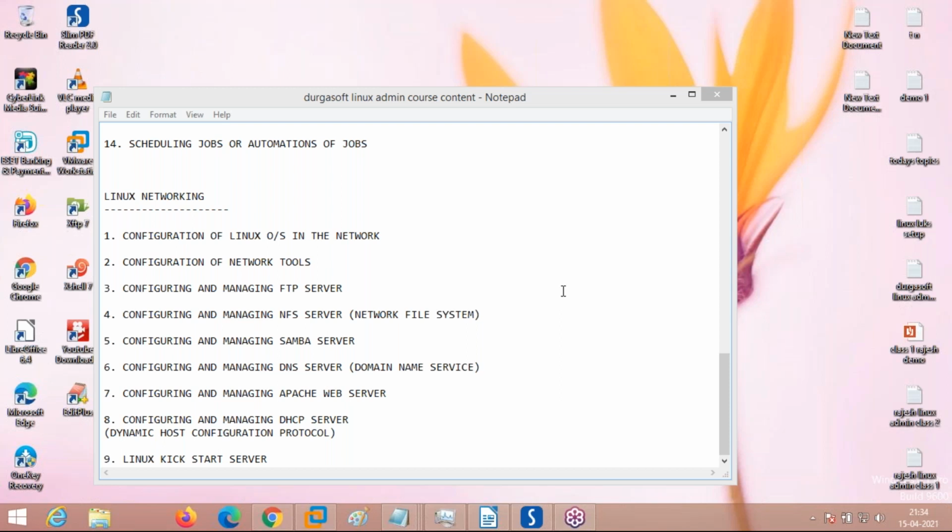Okay, sure. That way you can see, because our timing is really fixed. This is not my time. This is my system time given by the institute people to me to train. So I can't shift it, for your sake, from 7 to 8 or like that, because it is already fixed. Most of the people like Amarnath and Dilip who are attending this class have already paid the fee. So I can't shift the timing. So one thing is that you can join late.